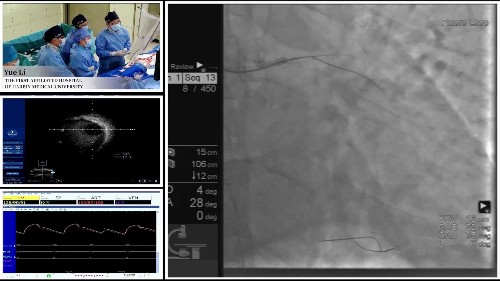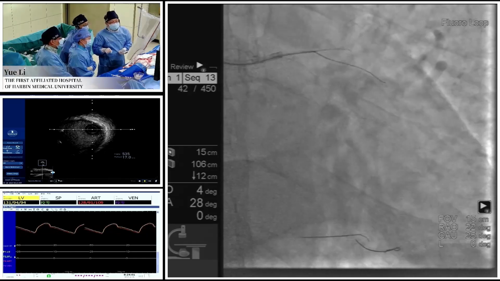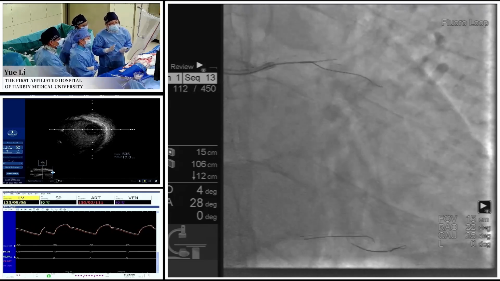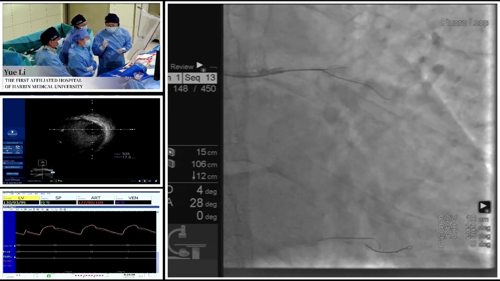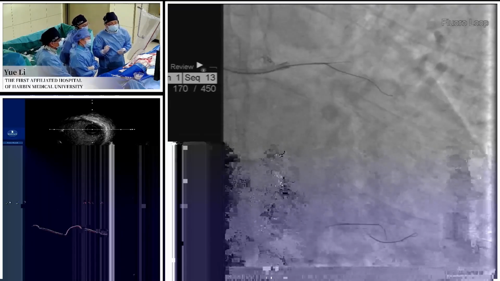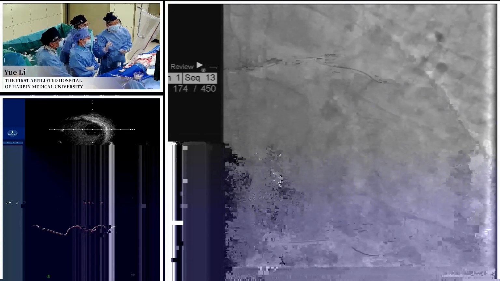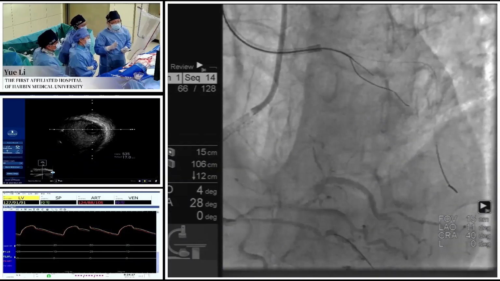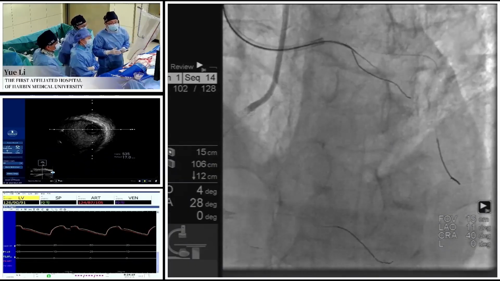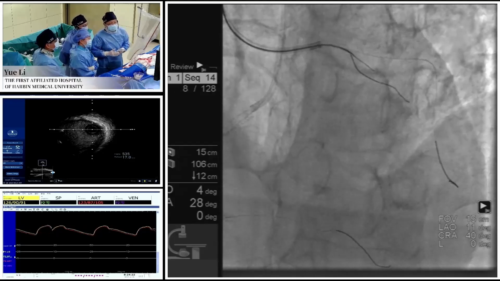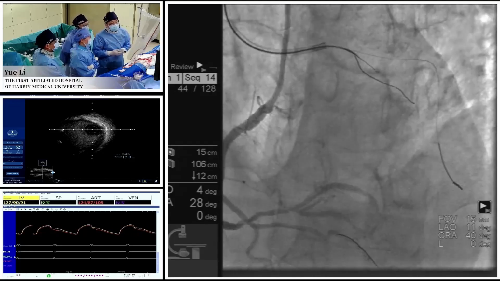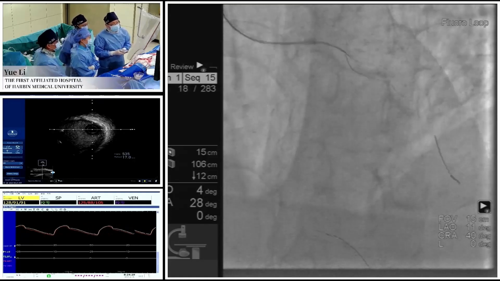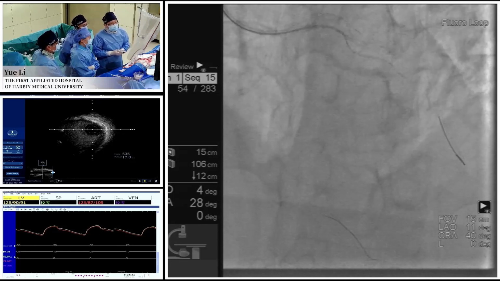So I advanced the Fielder XTA wire a little bit further. We can see the Corsair catheter couldn't be advanced, just the tip of the catheter. In such a condition, different views are very important to get antegrade wiring. We can see that at times the wire is not in the right direction, so withdraw a little bit and